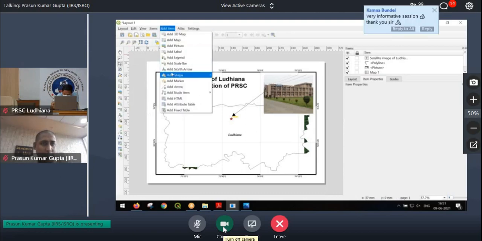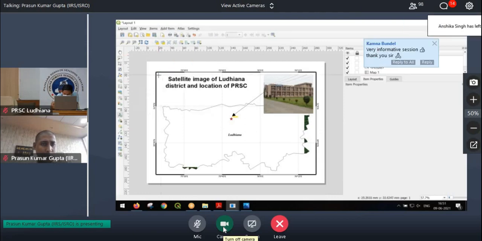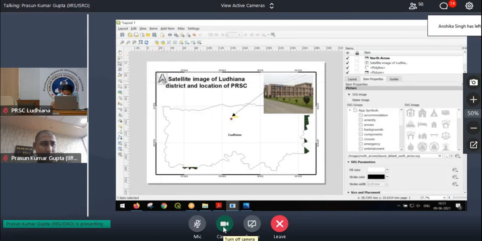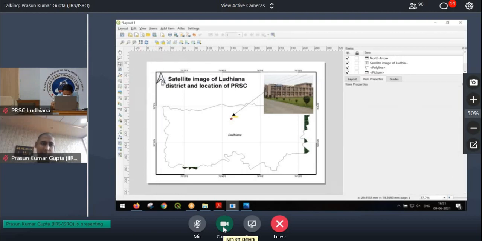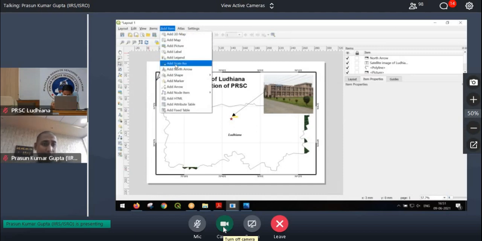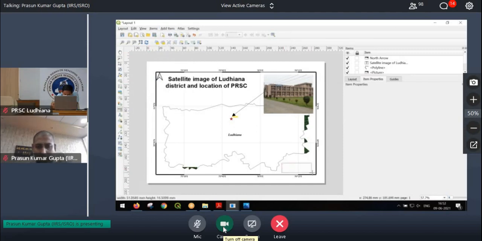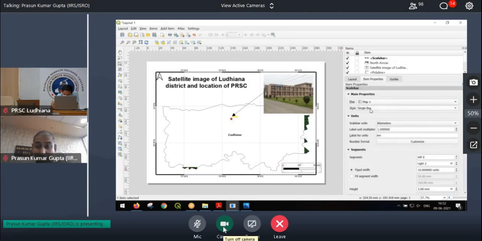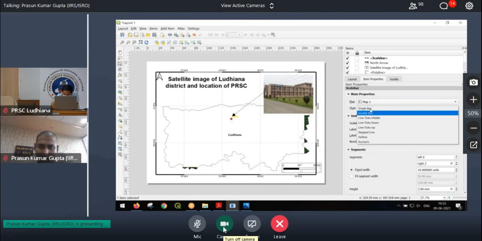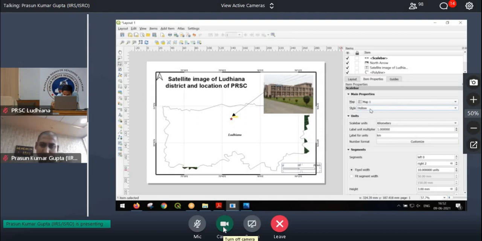So we'll go to add north arrow. There are again several types of north arrows. Feel free to beautify this further. Just in the interest of time, I'm not doing it right now. Then you can add a scale bar. We'll take add scale bar and drag the area where I want it. Again, there are different types of scale bars. It could be a single box, a double box, sticks, up, down, stepped line, hollow, numeric value, several things.